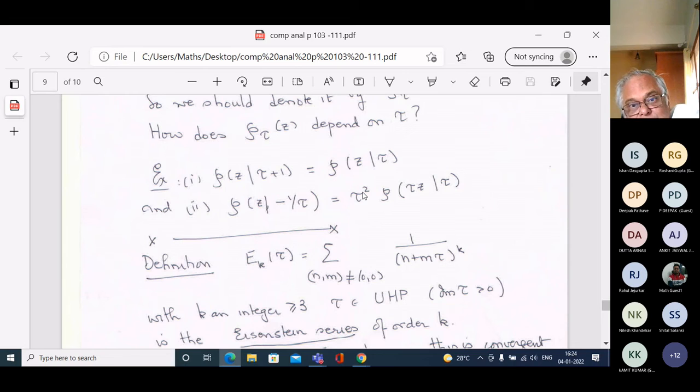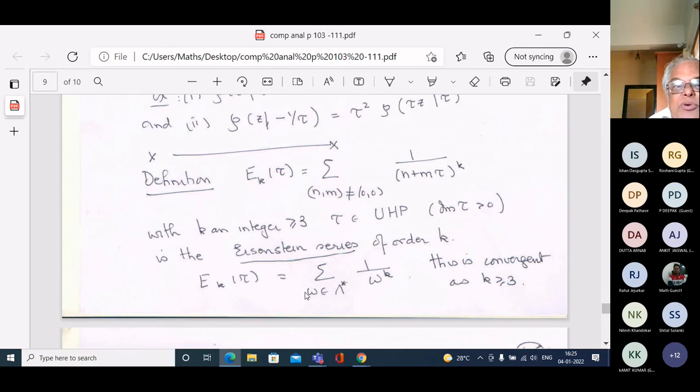And I hope some of you are doing your PhDs in some related areas of elliptic functions, and you will understand that these are the kind of things that you have to worry about. Okay, so there's one more thing here about elliptic functions given in the book, which I'm not doing, but please read this up. But I want to talk about, I have 5 minutes remaining. And again, I'm going to talk about something that people spend lifetimes studying.